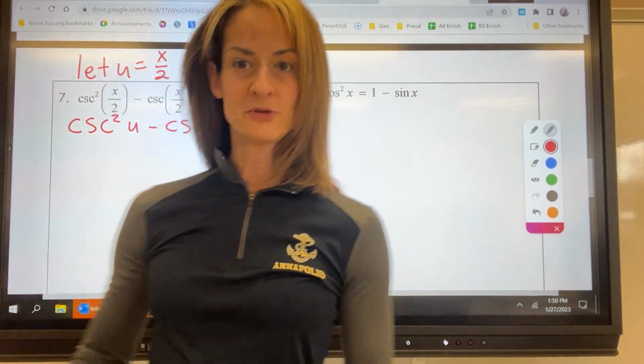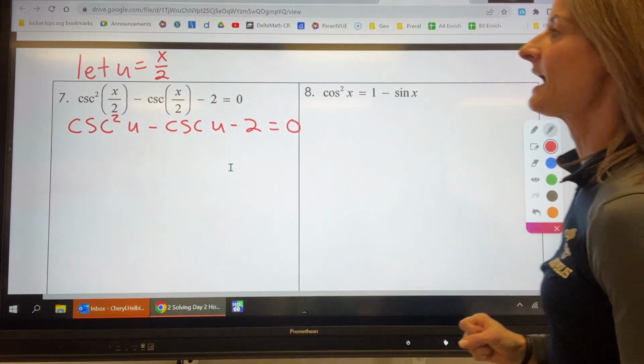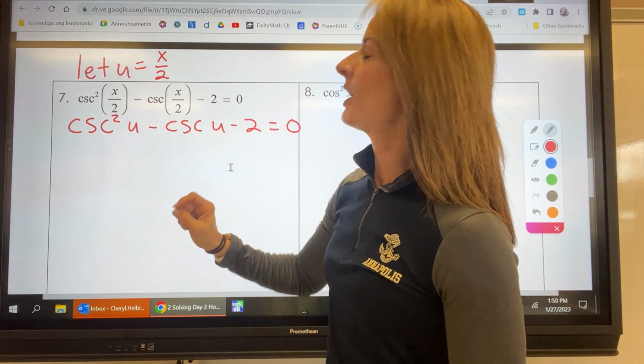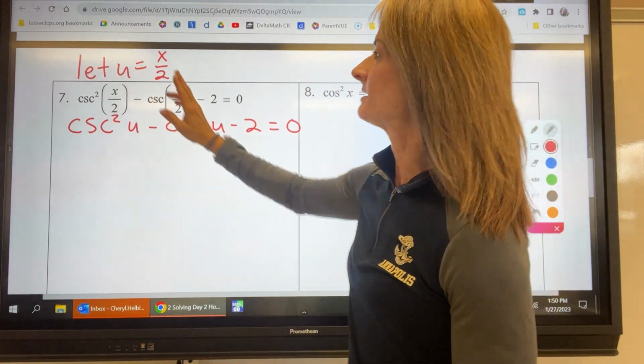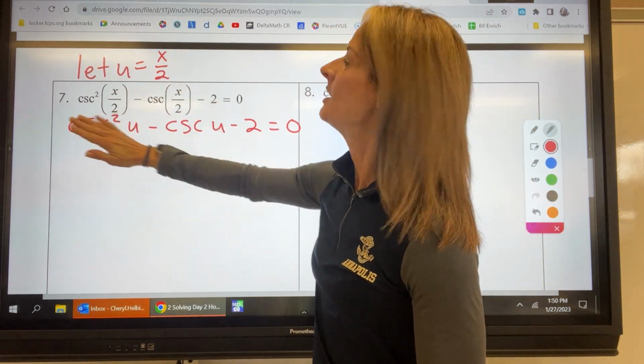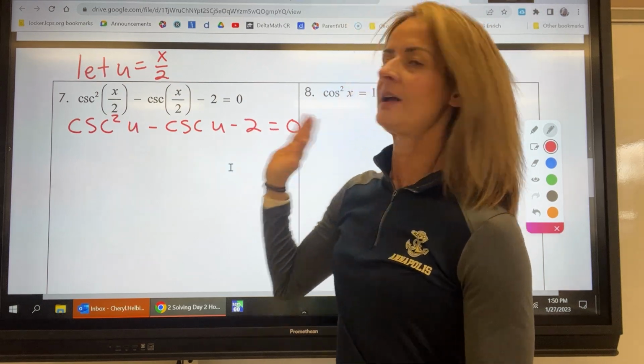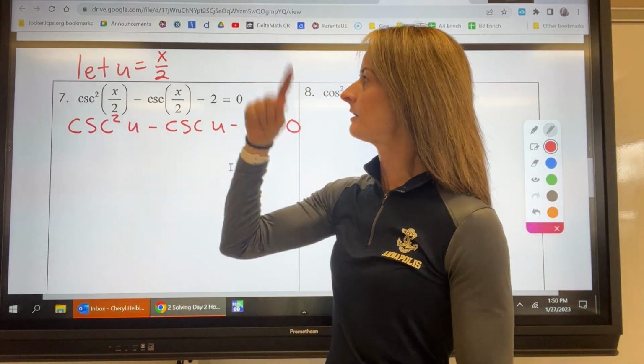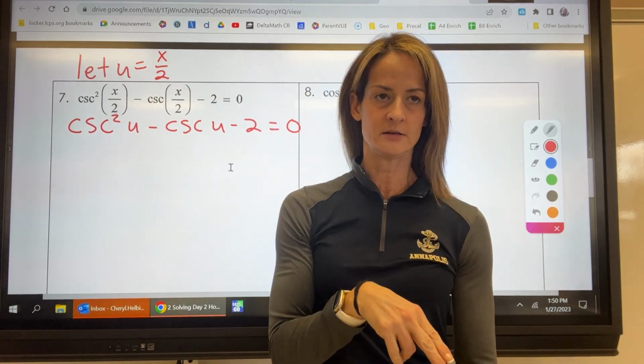Okay, now we're on problem number 7. So we have a funky angle. We're gonna go ahead and use u substitution. So we're gonna let u equal x over 2. We're gonna do the problem with u. We're gonna find the solutions, and then we're gonna plug x over 2 back in at the end and solve